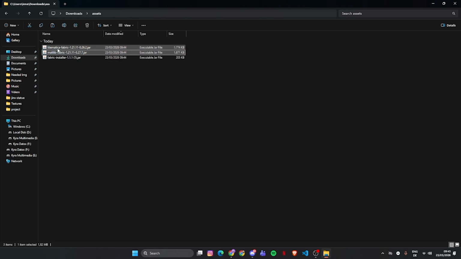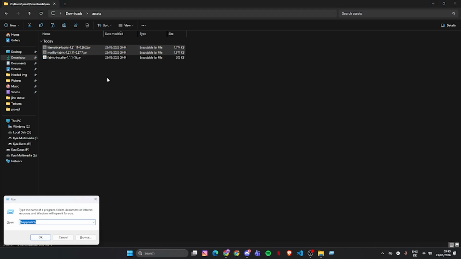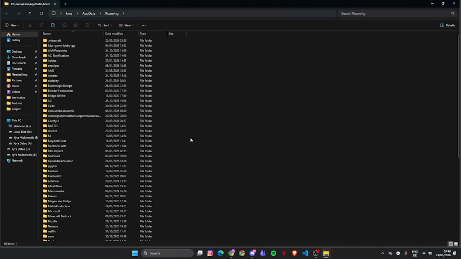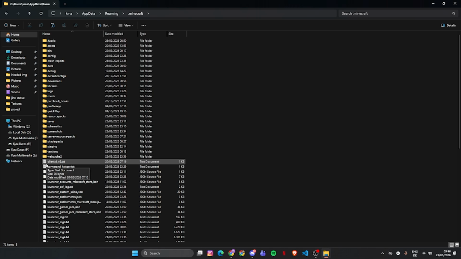Well, first you're going to select Malilib and Litematica, which is required. You're going to press Ctrl X or Ctrl C, regardless of what you want. Then press Windows and R and type percent appdata percent, which will open this folder over here, in which we're going to go into Minecraft.